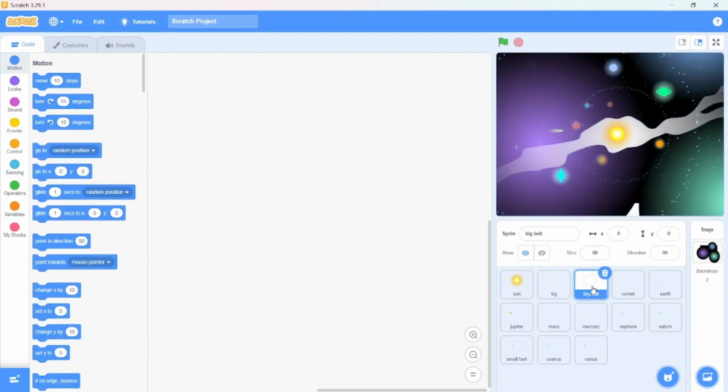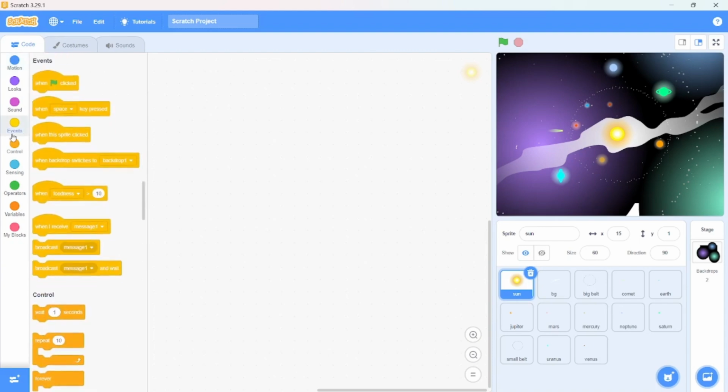In the starting, we will not be able to do all of them together. So we will just code for our sun, our big belt, small belt, our background and our comets. Later on, we will set all our planets. So we will start with our sun. What do you think? What kind of movement is required for the sun? Think of it. For this, we will just add one sound and also set a timer so that when the sun is revolving, all the planets will also revolve around it.